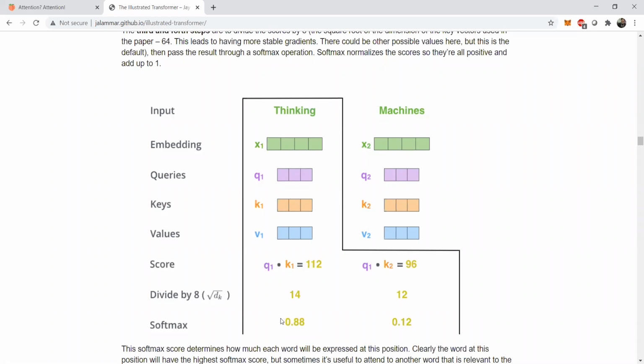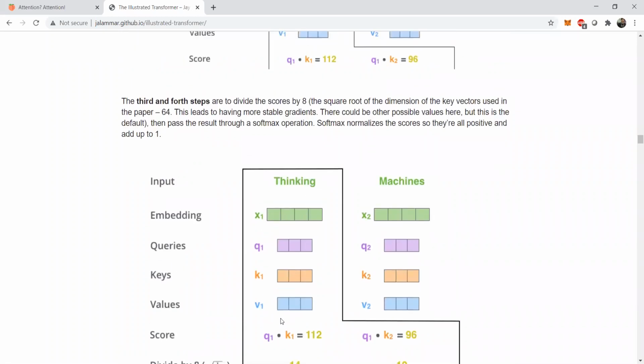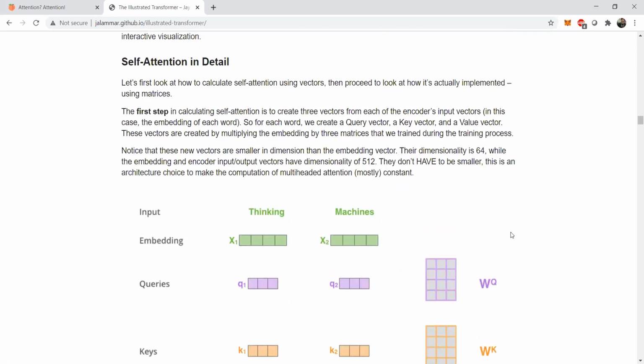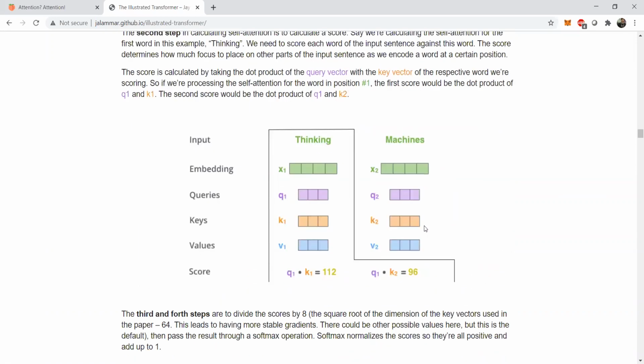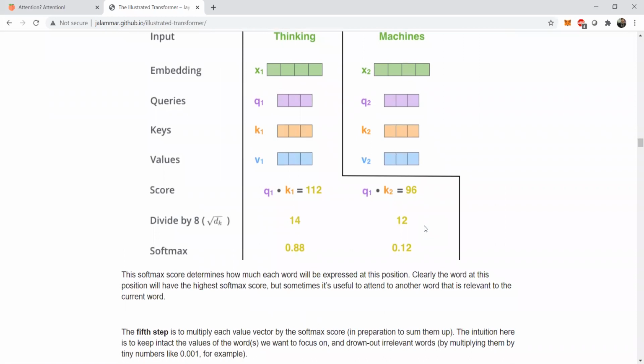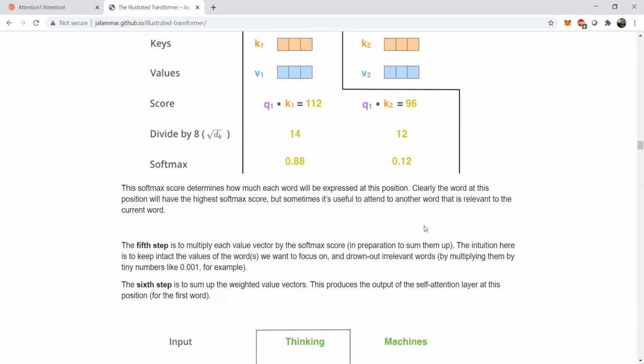Now, dk is nothing but the dimension of our embeddings. That means 64, in our case. So we have taken a dimension of 64 for our q, k, and v values, right? So in this way, we are taking root over dk as root over 64. dk is nothing but the dimensionality, that is our 64, right? And then we apply a softmax on it. So essentially we are multiplying the q and k tensors, and then we are dividing, or normalizing, it by 8. And then we are taking a softmax output, because the softmax score determines how much each word will be expressed.